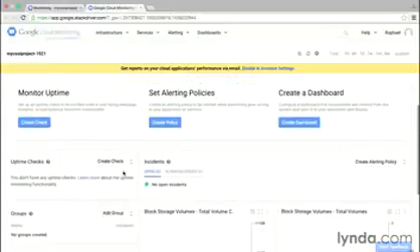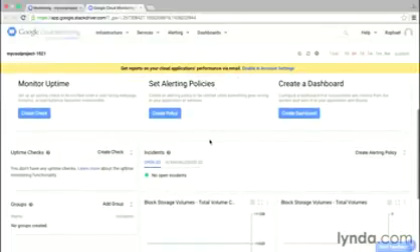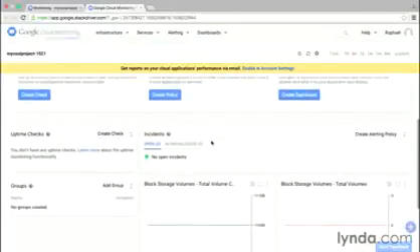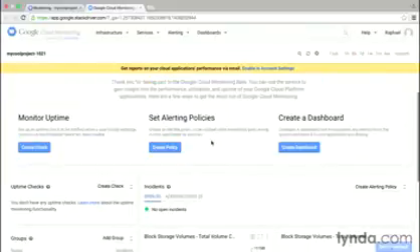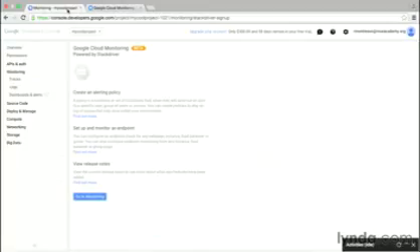So I can monitor uptime, set alert policies, create dashboards, a lot of extensive monitoring. So I will leave it to your particular situation to work with the monitoring types, but be aware that it's relatively quick and easy to set up these dashboards. And I do end up working with my customers to get these set up when we move into production in particular. Now, the next section that I want to take a look at while we're inside of monitoring is called